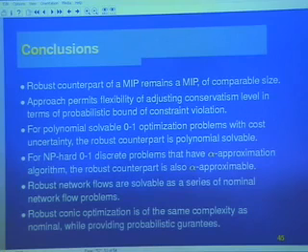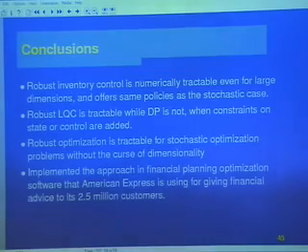So here's a journey on some applications of robustness that we have seen. We try to maintain the structure: mixed IPs remain mixed IPs of comparable size, and LPs remain LPs of comparable size. You have flexibility of adjusting the conservative level by this gamma. You maintain polynomial solvability on 0-1 problems and dynamical flow problems.